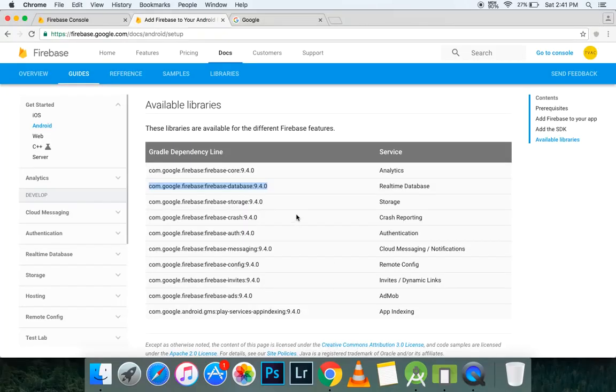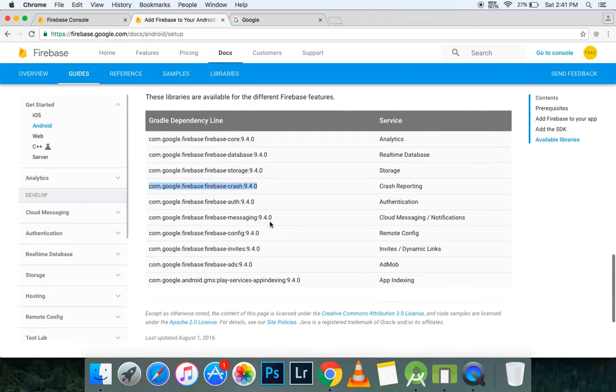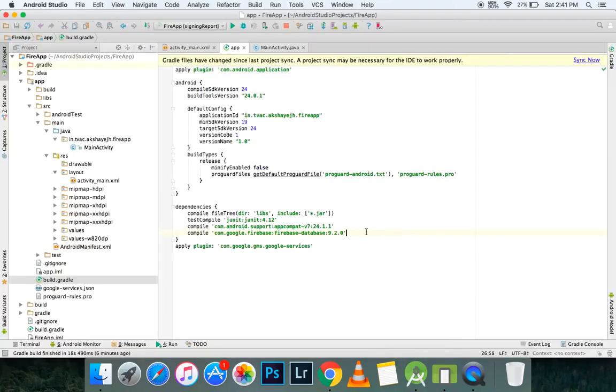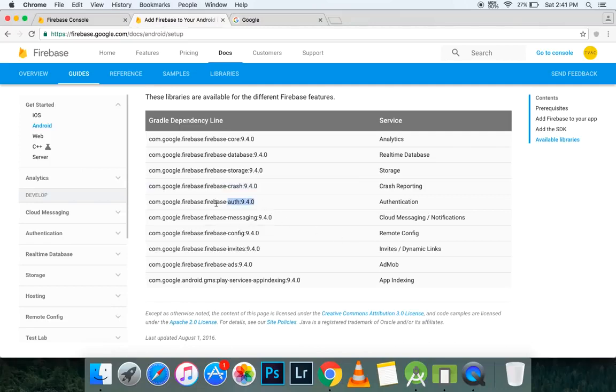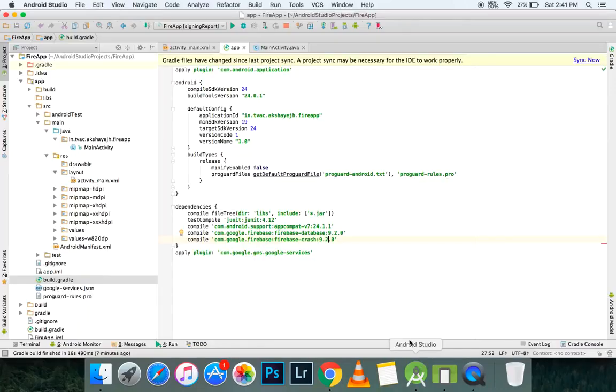So next thing you want to do is add the crash report. This is pretty much for later as well, because crash reports are logged by the users that are using the app, but you can use it for test purposes too, because probably you'll be sending the app to many people to test it, and the crash report will help you a lot. So next thing is the auth, and this is where you will store the users. So these three things we will be needing to get started